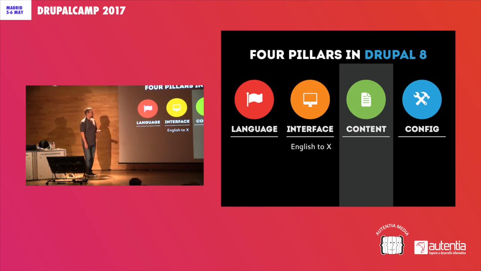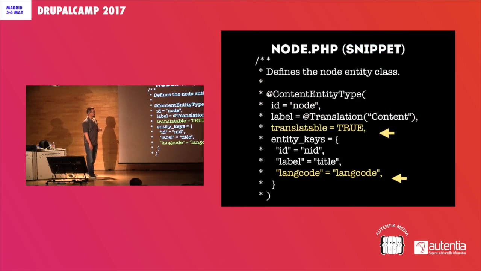About the content translation module. When we are creating our own entities, we are seeing here Node.php in Drupal core. For allowing the users to translate them, it's easy. We have the content entity annotation in your class, where we have metadata about your entity. And there we have a translatable tag. So you can say translatable true, and this will allow your users,